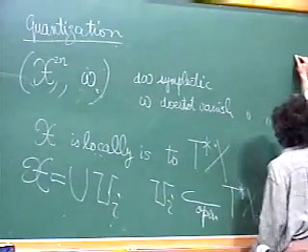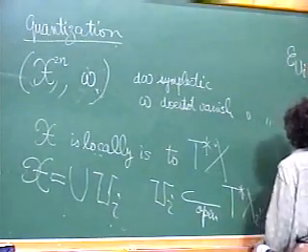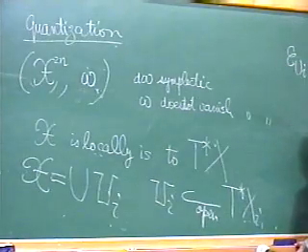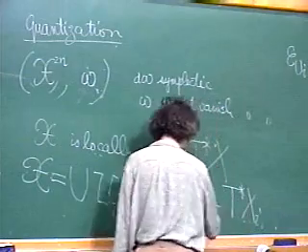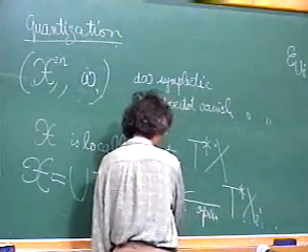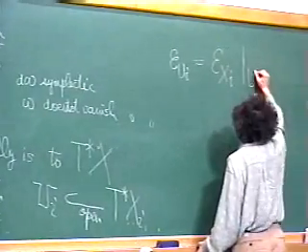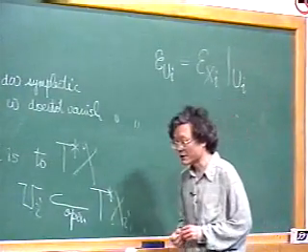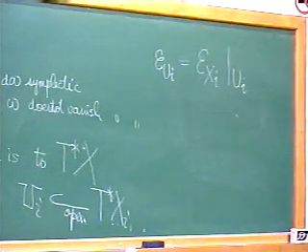So you can define U_i, say, you have E_Xi on theta Xi, and that is embedded in theta Xi, so you consider its restriction. That gives a sheaf on U_i on each cover, and by this theorem,